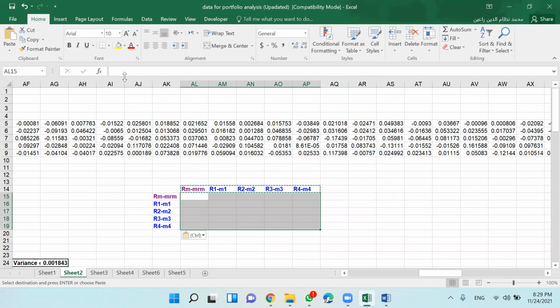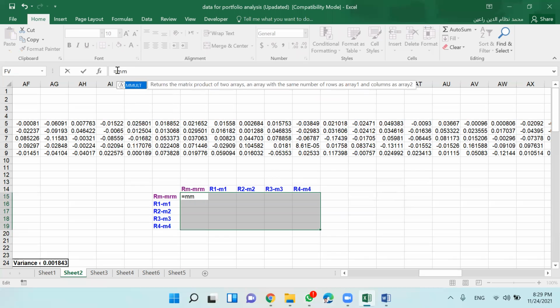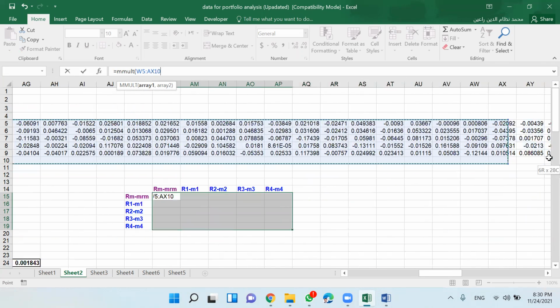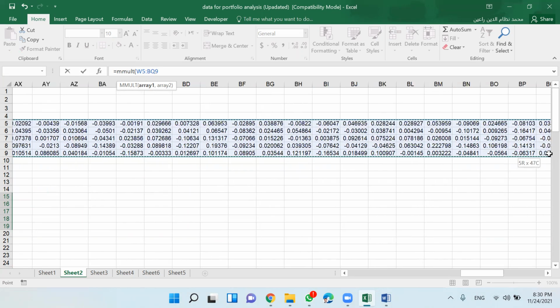Now I have created a space for a 5 by 5 matrix. I put the cursor in the first cell of the shaded area, which is 5 by 5, and then I write MMULT. Then, in the parenthesis, you choose your transpose matrix, but remember you are taking only the values, not the symbols that represent these values.